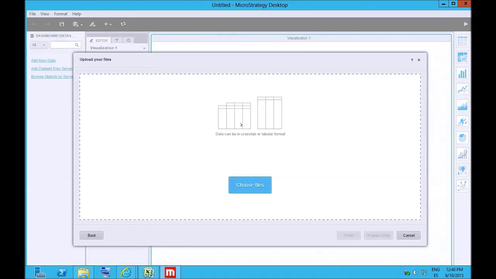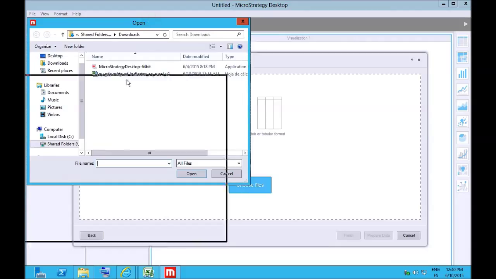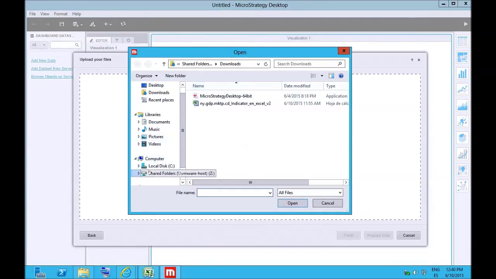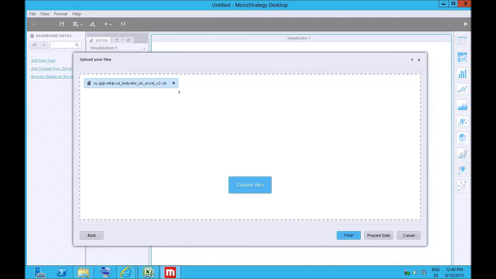And here we can upload. Really, we're not uploading anywhere because the MicroStrategy Desktop is local to our machine. I'm not sending data to anybody. But it just says upload in the sense that you are giving data to the application. So I click Choose Files. I look in the folder where I downloaded my Excel file, click on Open. Now I have here my World Bank data. When I click on Finish,